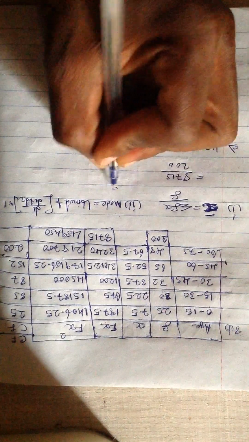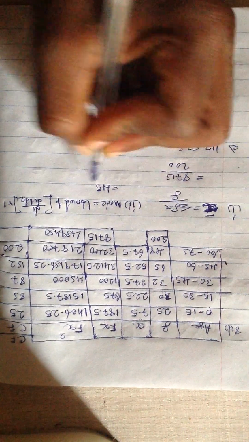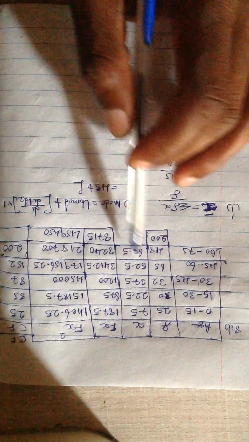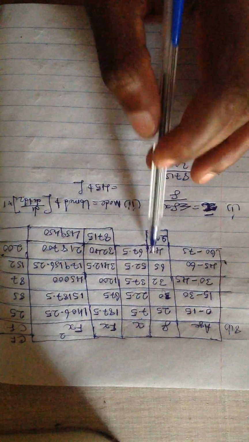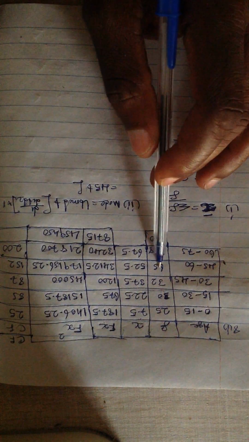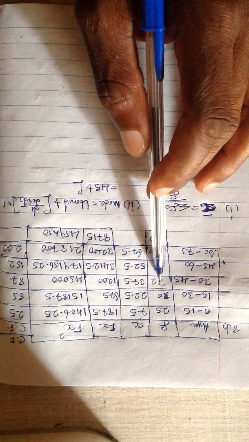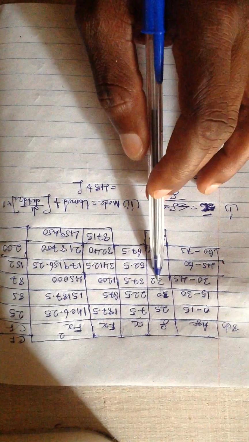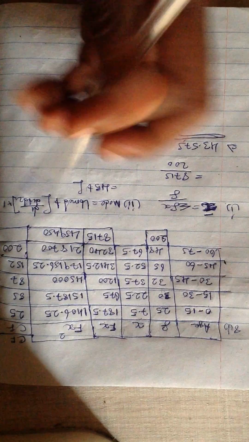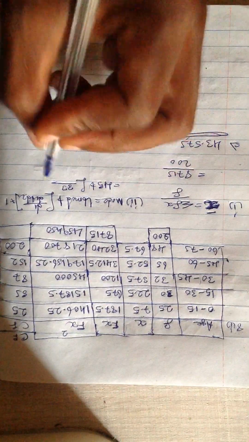So mode is equal to the lower boundary, which here is 45, plus d sub 1. The d sub 1 comes in since we have this one. d sub 1 is equal to the frequency of the mode class minus the next upper frequency. The next upper frequency here is 32. So what is 65 minus 32? You're going to have 33. So you write your 33 here over 33